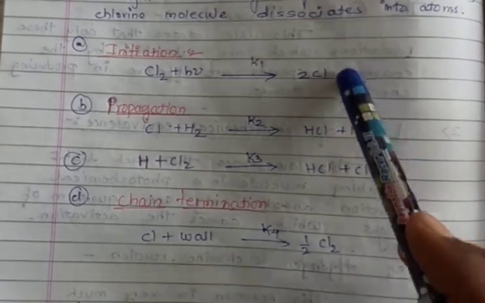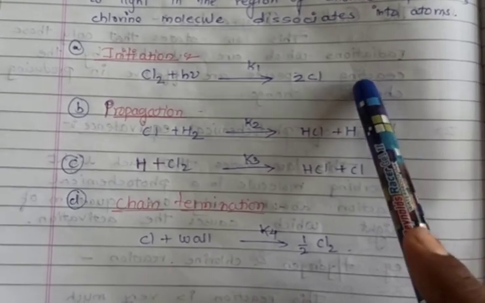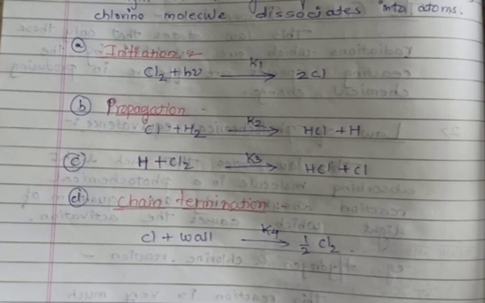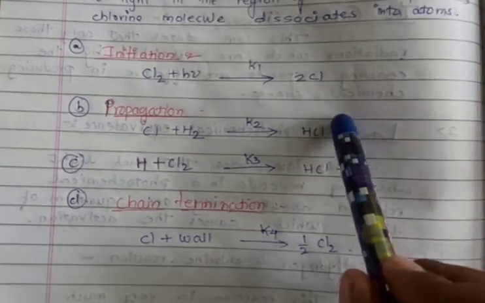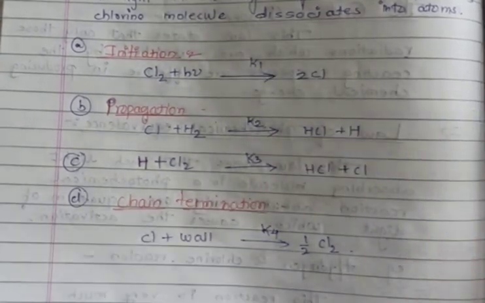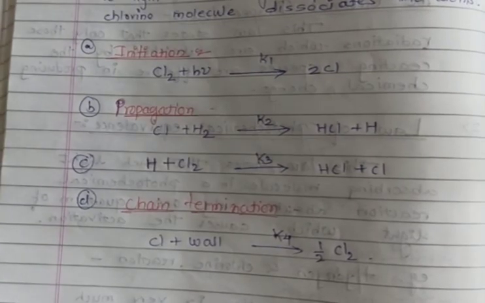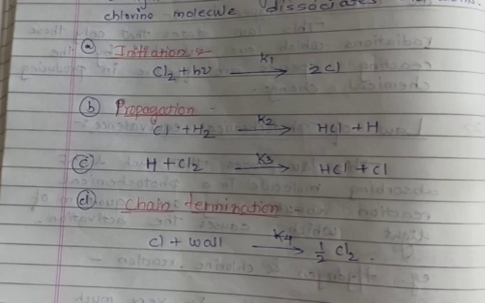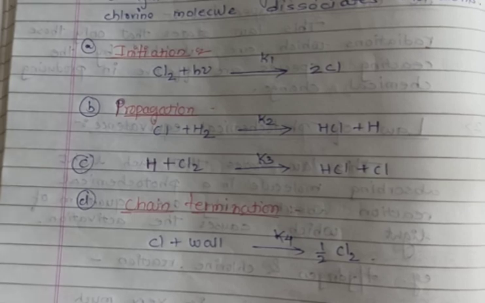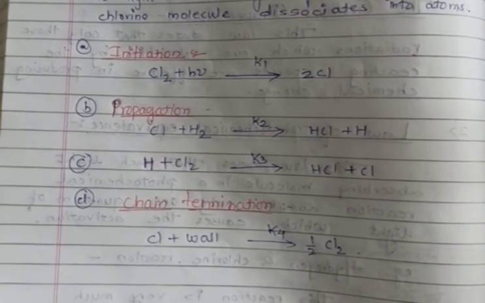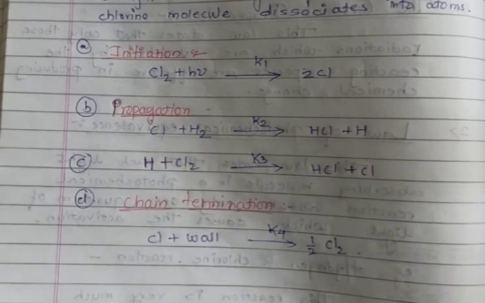So we have to find out the rate of change of concentration of the intermediate with respect to time, and then according to the steady state approximation consider its concentration nearly equal to 0. Then, same as for Cl, you can apply the steady state approximation for hydrogen, and then combine the two equations of steady state approximations for Cl and hydrogen, and then find out the concentration of HCl. So let's see how we will find out the concentration of the product.